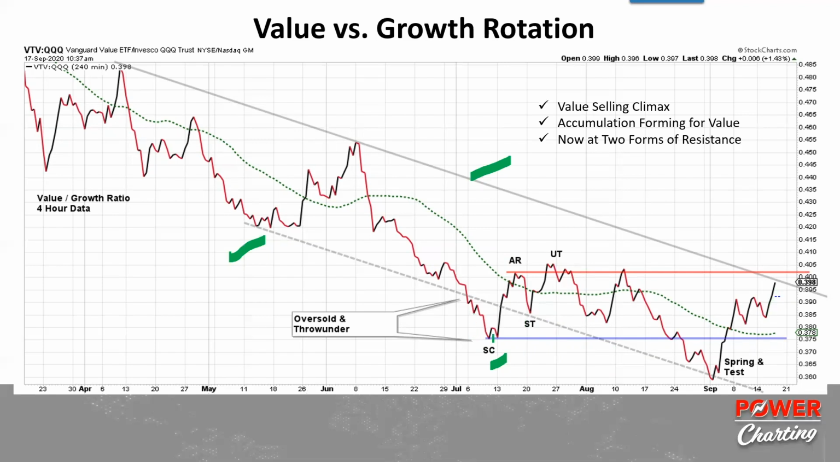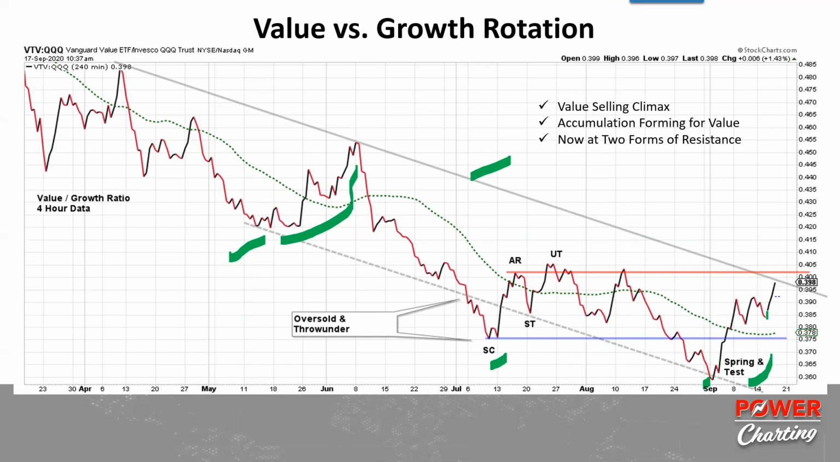Well, look, an oversold and throw under condition produces the selling climax, automatic rally, resistance and support, and upthrust. And now we have what looks like a spring, which has gone down to test the bottom of the channel, and a very robust rally, the best rally that we've seen here really since back in this area in May, June. And so now we can't say that the accumulation is complete if this is in fact accumulation,